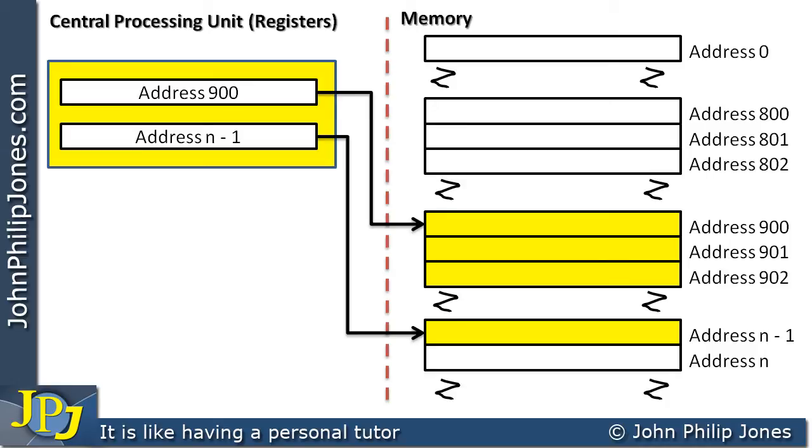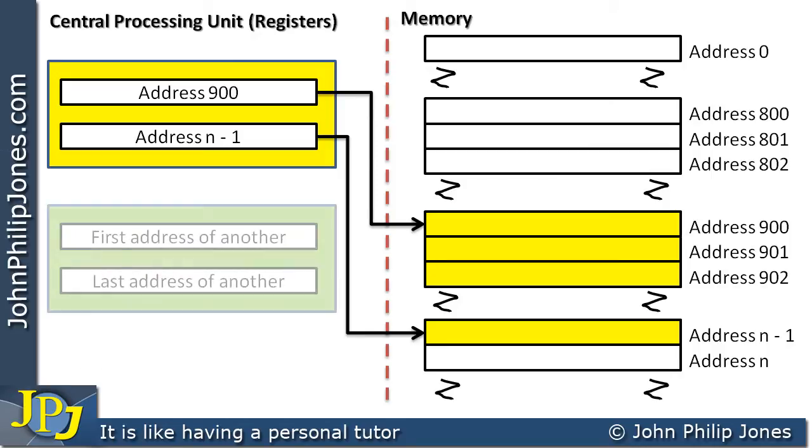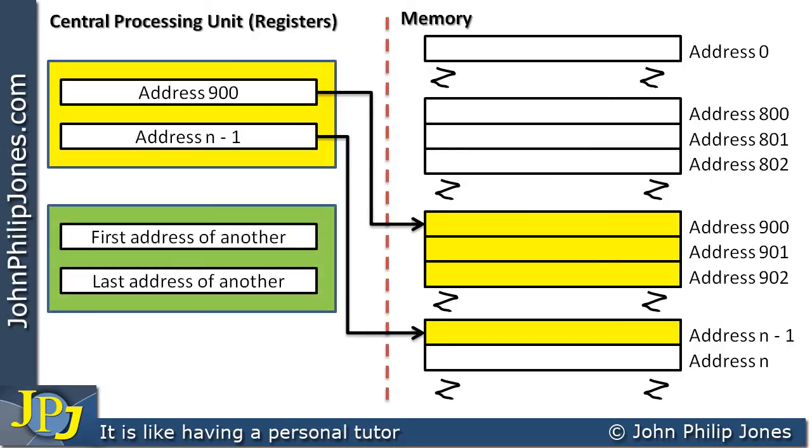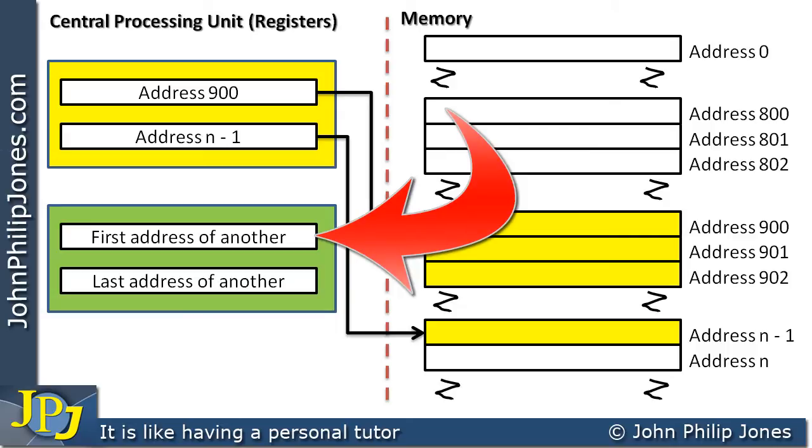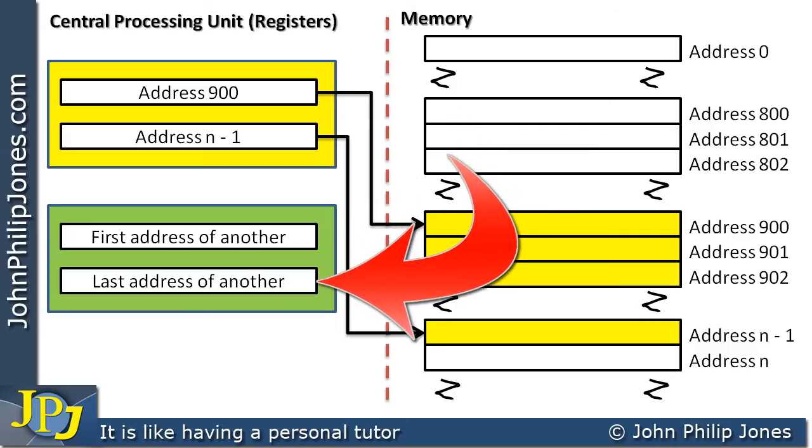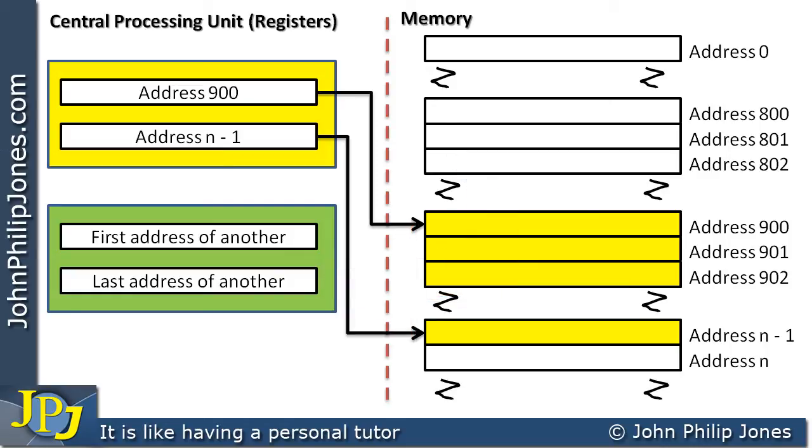program. Of course, it's more than likely at any instance in time the computer's random access memory will be storing more than one program, and we have to monitor where all of the programs are. So in fact, this can be achieved by using another register pair, as I've shown here with the green background, where the first one is the first address of another and this one is the last address of another program that's actually loaded into the computer's memory. And of course they will point as appropriate. And I could have drawn the slide and shown the green shaded area, but I think it's pretty obvious